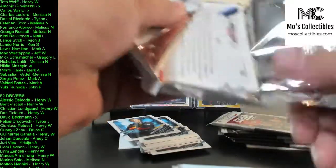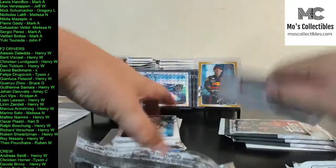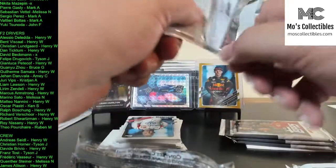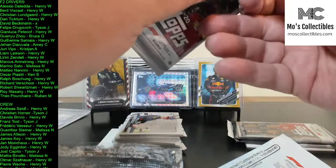My only real complaint on Flagship is that it appears they loaded the blasters way hot compared to the hobbies. If you can go buy a blaster that you have packed out for $20 and get 2 relics out of it, in hobbies you gotta maybe hope to get one every other box. That kind of sucks, but